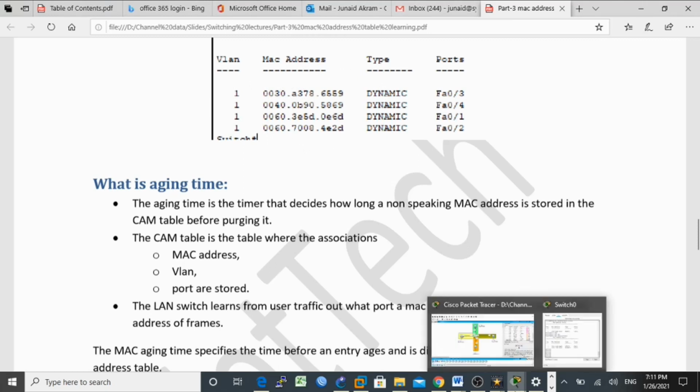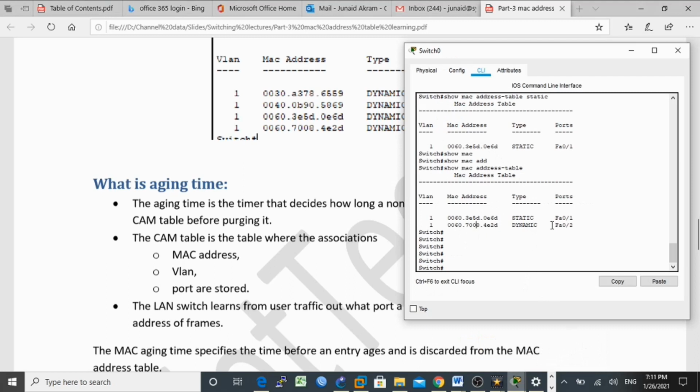For example, come here, one entry is static and one is dynamic. If this PC does not initiate any communication till 300 seconds, then after 300 seconds this entry will be removed from the MAC address table, but the static one will not. We can only remove it by using the no command in the configuration mode.